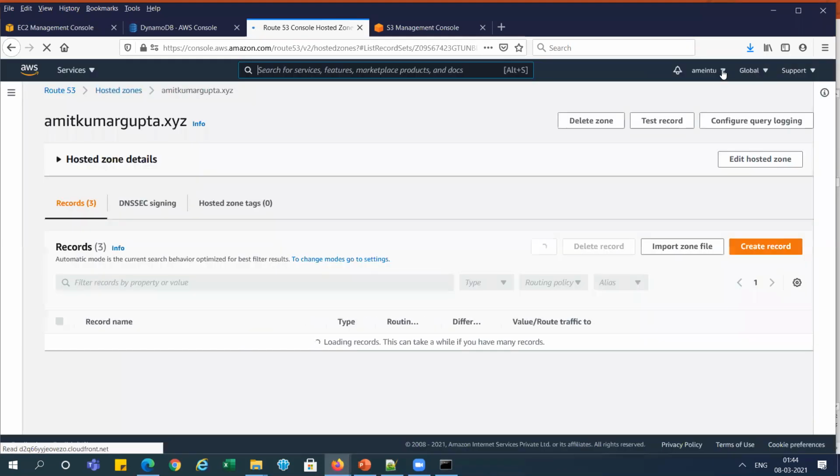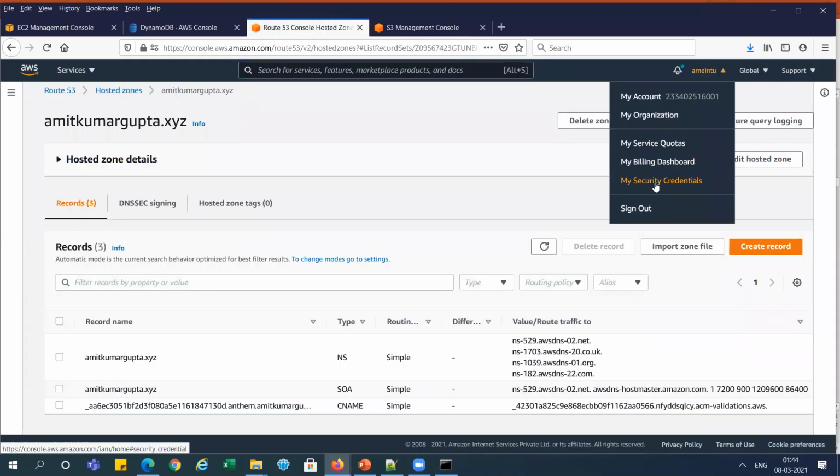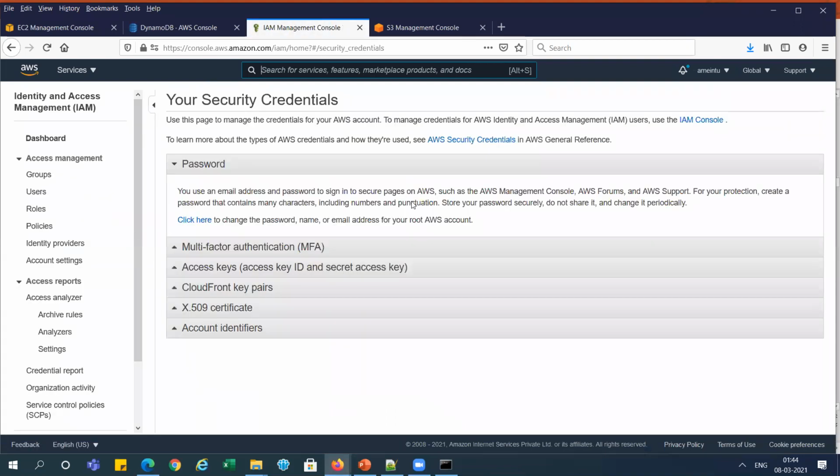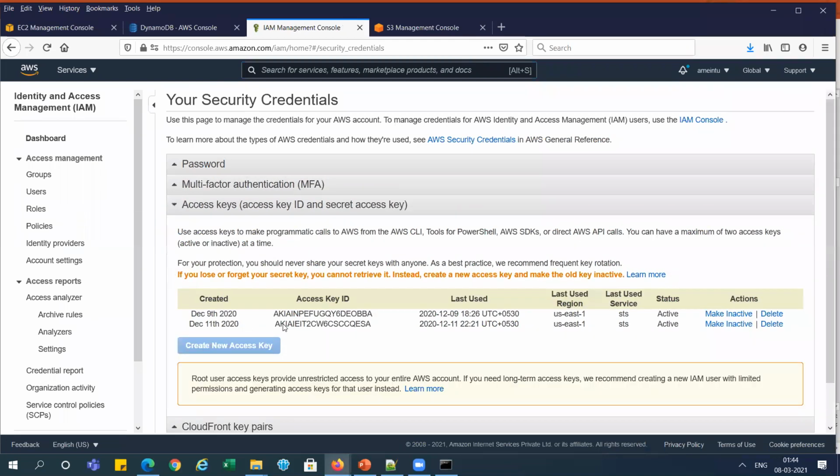I need to go here, to your name and my security credentials, right? You can see here the access key ID, right? This is my access key ID. If not, you can go and generate it, right?